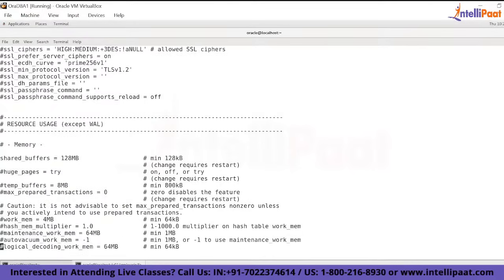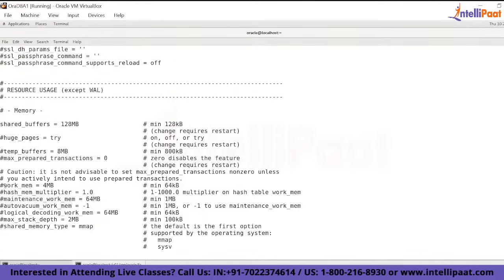And here I was talking about the work mem, right? So this is work mem 4 MB, which is the default. I think you need to have a minimum of 64 KB, so you cannot have less than this for these parameters. Okay, so you can choose